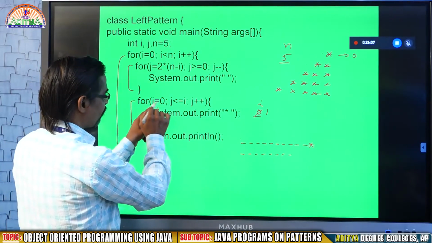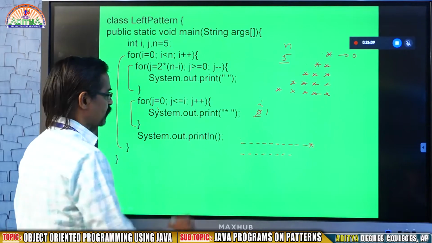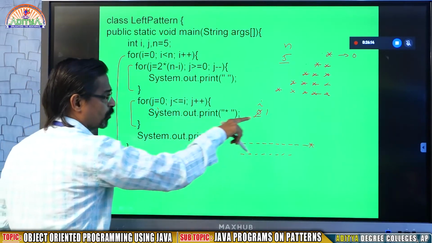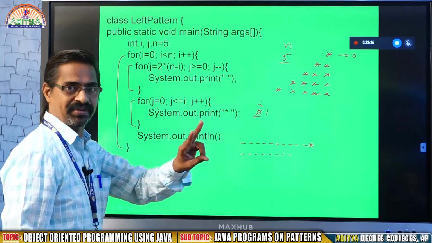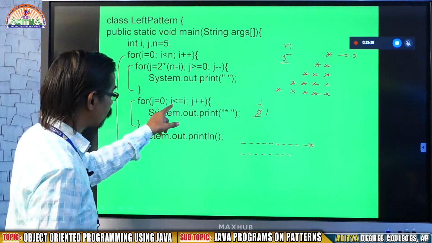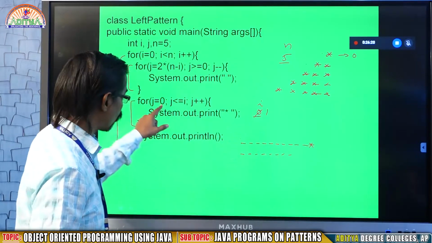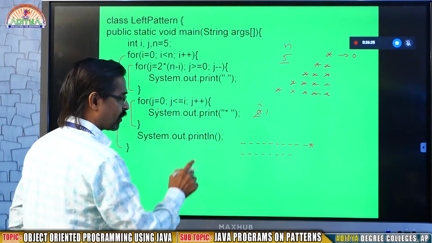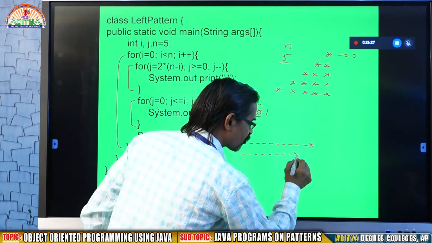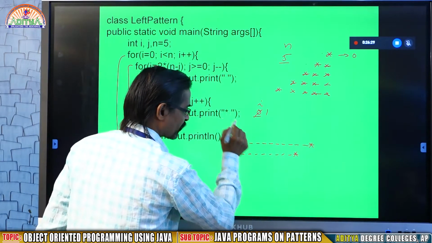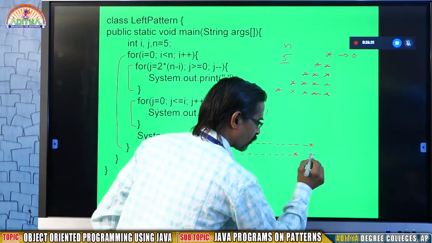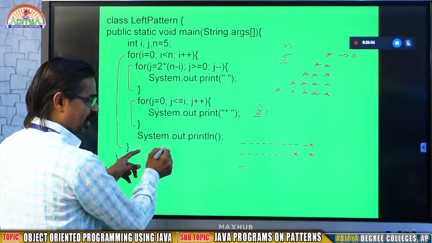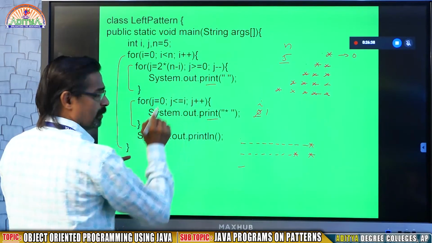Now in this case, j value 0, j less than or equal to i. So what is the j value? 0, it will run up to 1. 0 to 1, that means 2 times. The j value starts from 0 up to j less than or equal to the i value 1. So it will execute 0 time, 1 time. That means 2 times it will run. So 2 times it will generate a star followed by 1 blank space I gave, again 1 star, 1 blank space. Next, the cursor will come to the next line, println. Here observe the print command, not println.